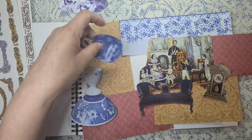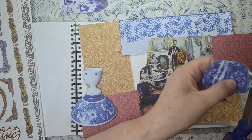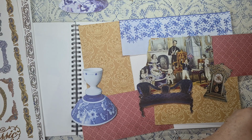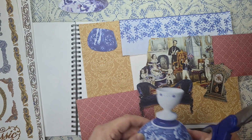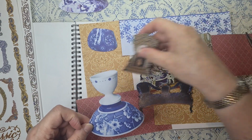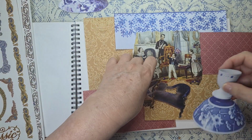The teacup I cut out, but it doesn't really look like a teacup anymore. So that might just be a piece of pattern, I think. This does look like an egg cup, so that's not too bad. So maybe the egg cup. All right, so